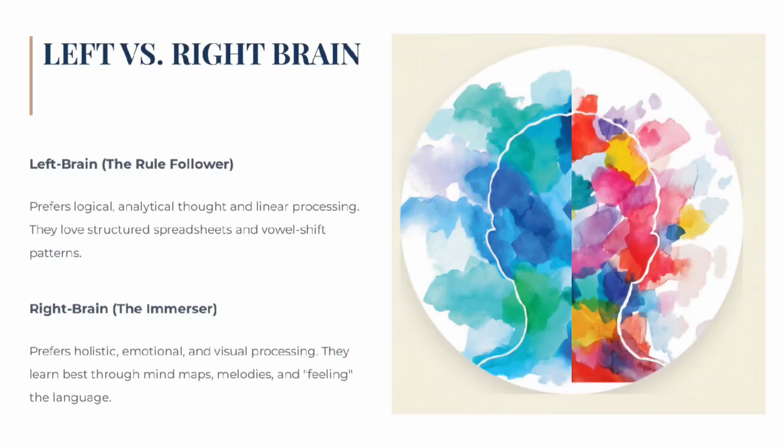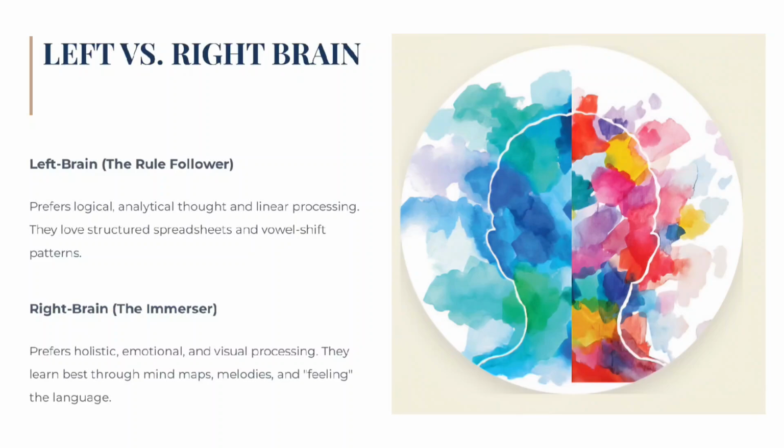We've all heard of left brain and right brain thinkers, but in language learning, the differences are very specific. Left brain learners are your logic-driven students. They love rules and linear processing. You will see them creating detailed spreadsheets of irregular verbs categorized by vowel shift patterns. For example, a student who creates a spreadsheet of all irregular past tense verbs